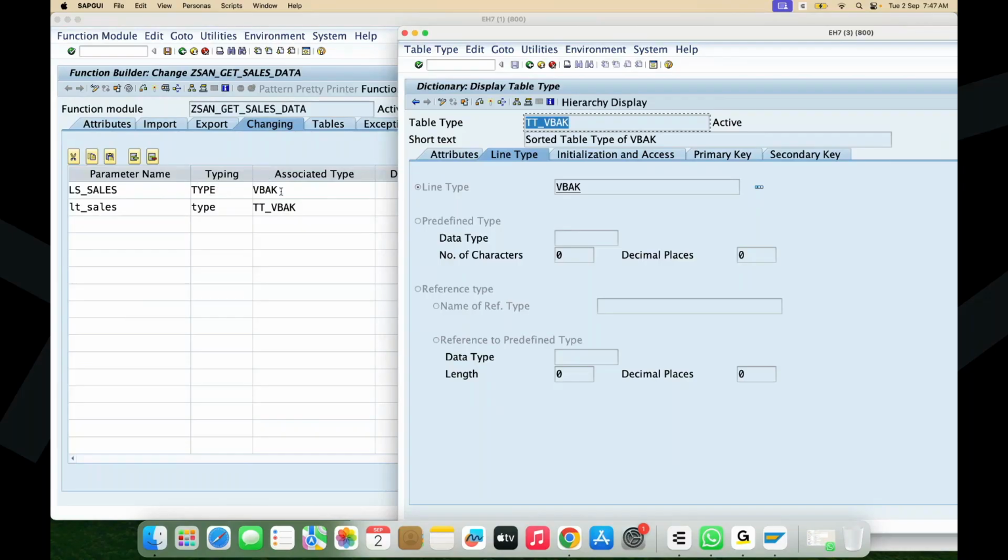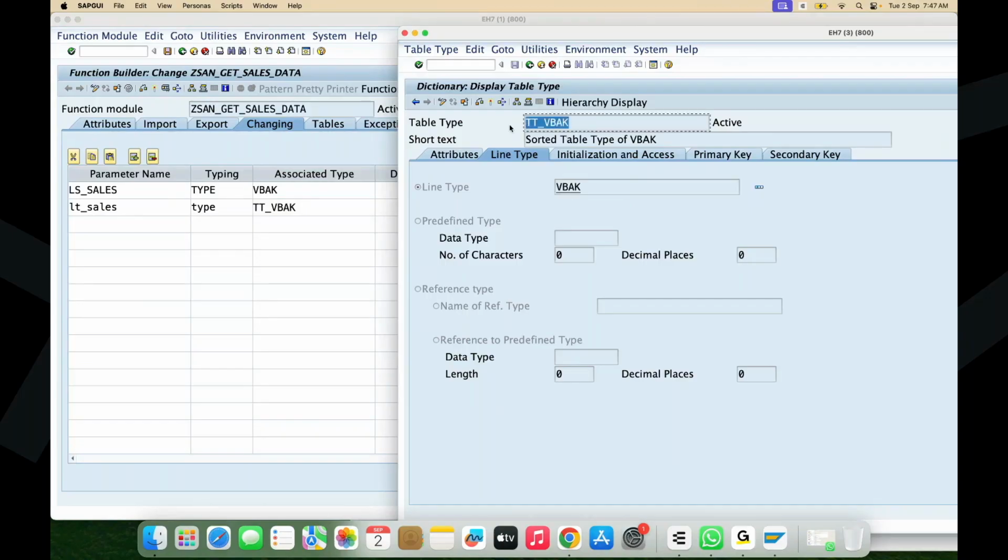TYPE will get the table reference for the data object you are creating, and this data object will be a structure when you refer with TYPE followed by a table. But here we were using a table type as the reference, not a table. So the difference between table and table type is that a table is a data object that stores data permanently, whereas